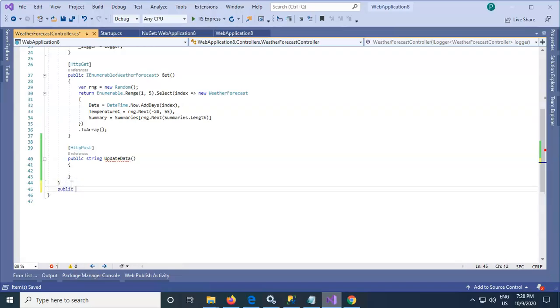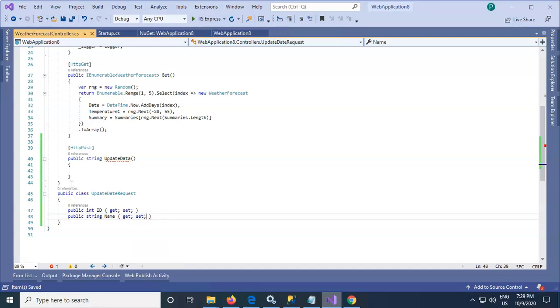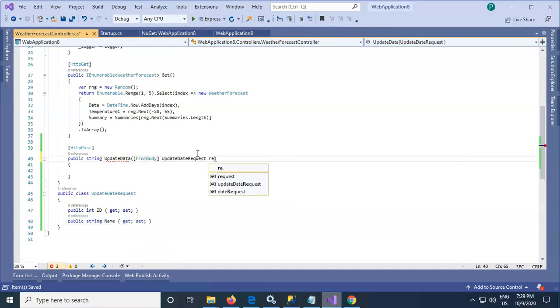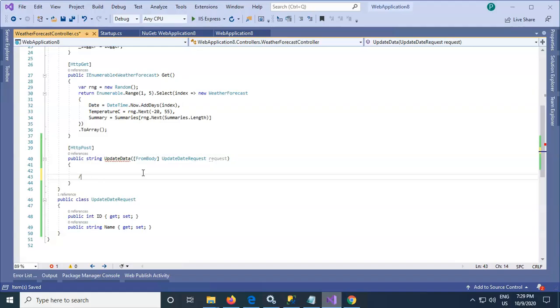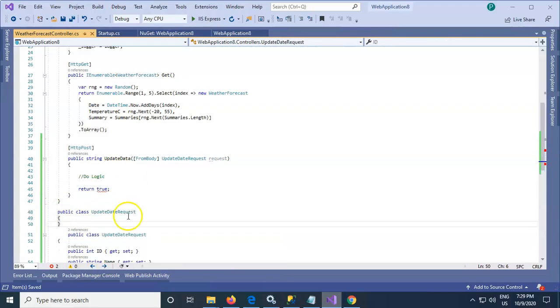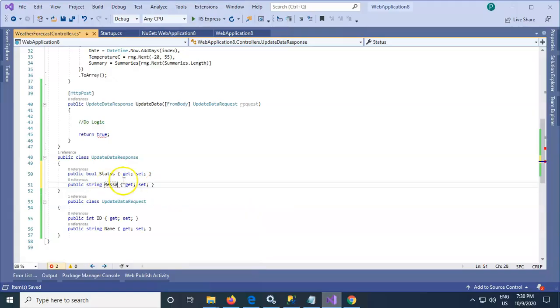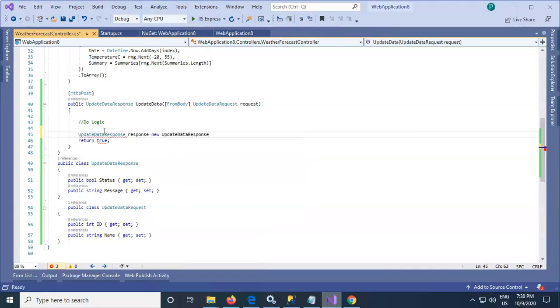Let's create an update class. Here let's create an update request with the ID and name, then pass it into the update data method, and return an update data response with the status and message. So this is a dummy method just to show you how it works.